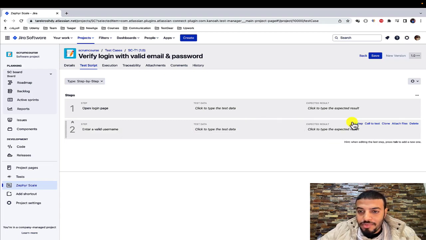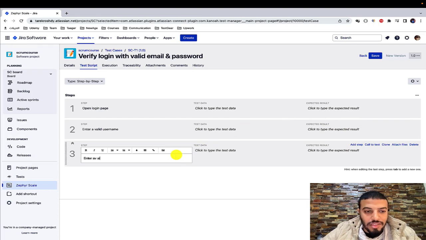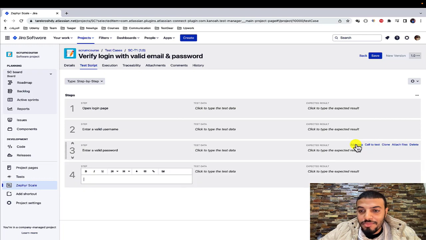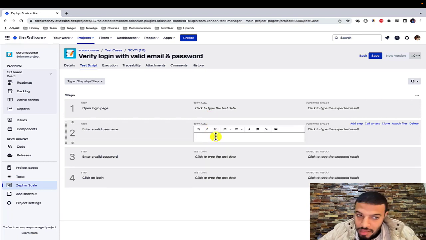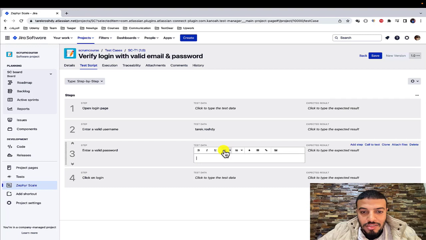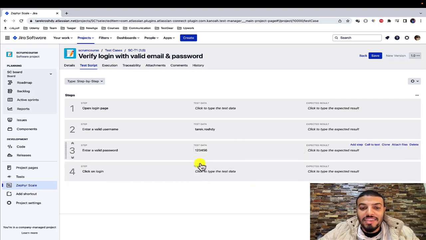enter a valid username. Then we have add step. Step 3, enter a valid password. And the last step, click on login. So here we have the data. So for example, if the username is Tariq.Roshdi and the password is 123456, I can add the data here, and